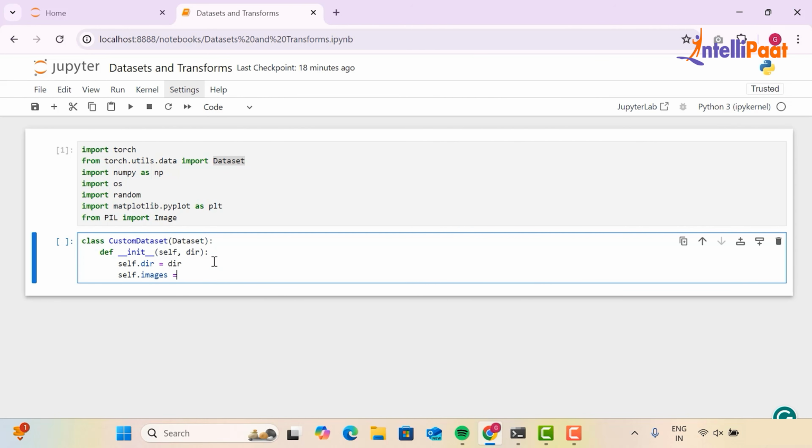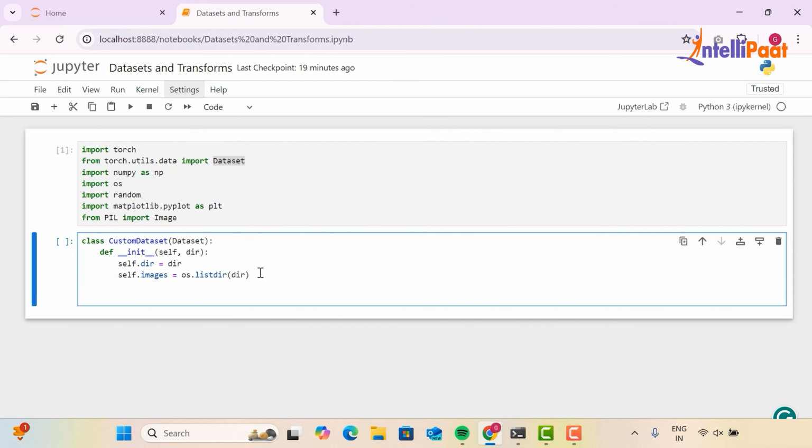Now what I'm going to do next is create a variable images, and I will be using the os library to access all the images in the directory that I'm going to pass later on to this class. I'm going to store all my images in a list, and that list will be stored in my variable images, right?